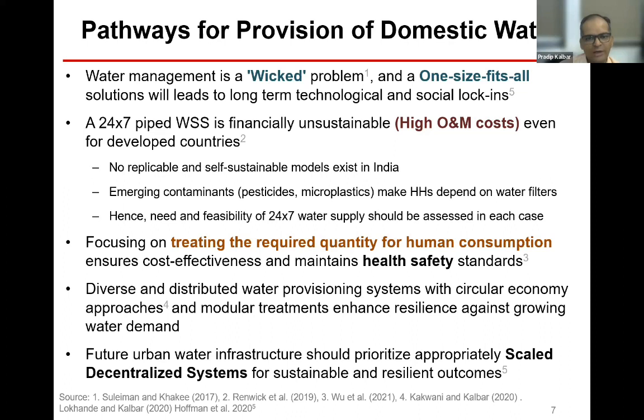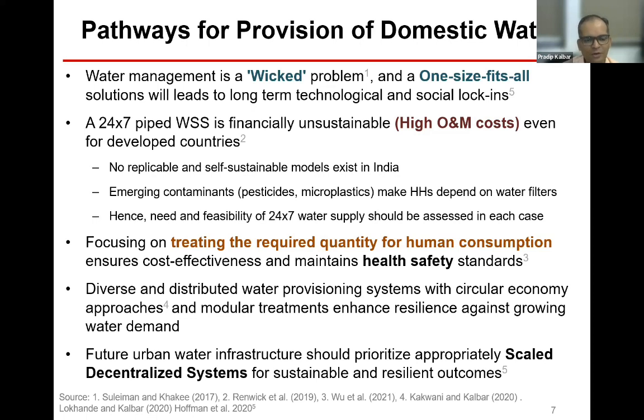So a lot of research and discussion is also happening even in developed countries on point of use treatment. That means treatment at the house, because this entire system is very resource intensive and very difficult to sustain. So focusing on treating the required quantity for human consumption, we have reached a level that we cannot afford now, because of the energy consumption and the revenues that are required to operate these systems, to treat entire water to the purest quality and again pass it through the pipelines, which will contaminate. Whether it is 24/7 or intermittent, contamination chances will be there.